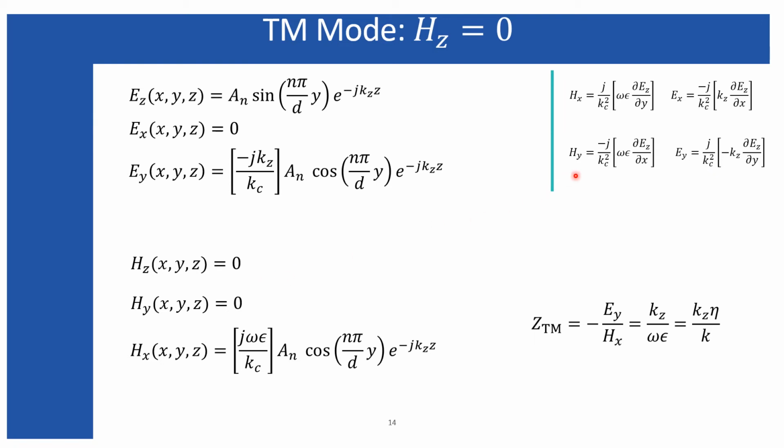And this Hz is 0 because we are considering TM mode, so automatically Hz is equal to 0, and Hy also includes this del x factor, so Hy is also 0. Only Hx we will have, and from this expression of Ey and Hx you can easily define the intrinsic impedance of the medium, where this eta represents the intrinsic impedance of the material filling the medium between these two parallel plates.